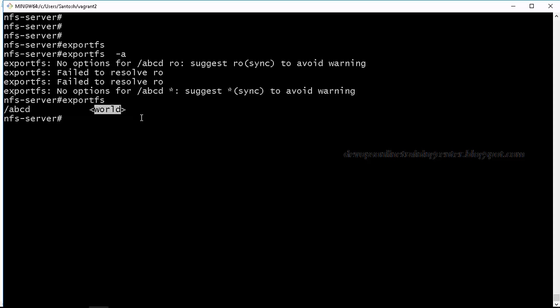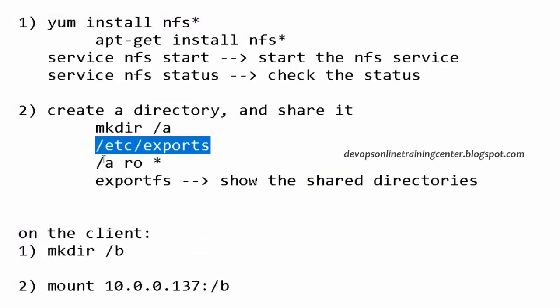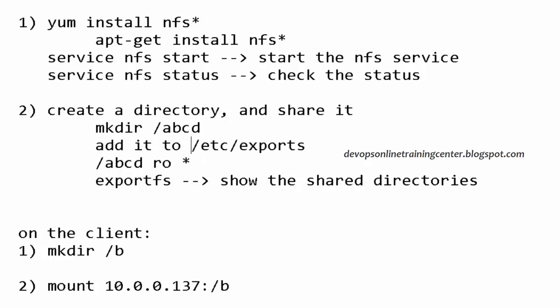The exportfs command will show the shared directories. I created a directory abcd and I added it to the exports file, right? This way, and just type exportfs after adding, it will show the shared directories.